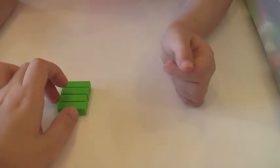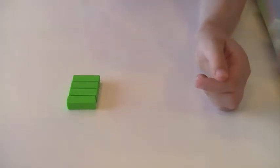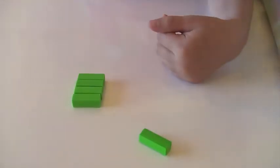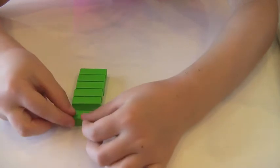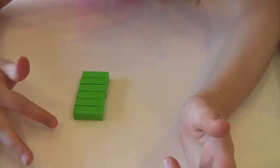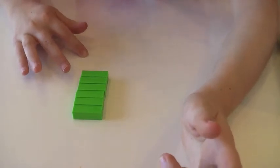What did we say? 5 times 3? Oh, 6 times 3. Okay, so make that rectangle. Show me the side that says 3. Yep, show me the side that says 6. And that's because there are 6 of those. So 6 times 3. And the answer...